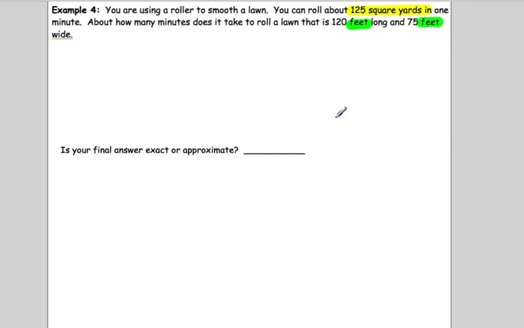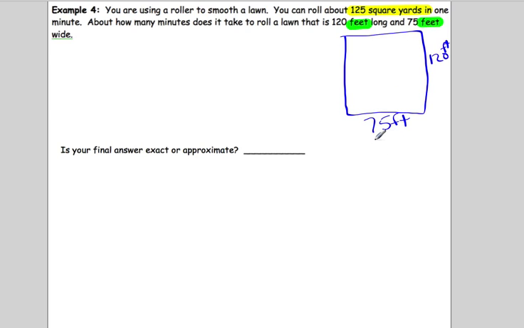It is 120 feet long, 75 feet wide, so going with a rectangular shaped lawn here. Since we need to convert to yards for this 125 square yards, I'm going to divide